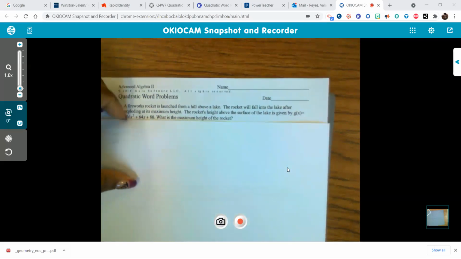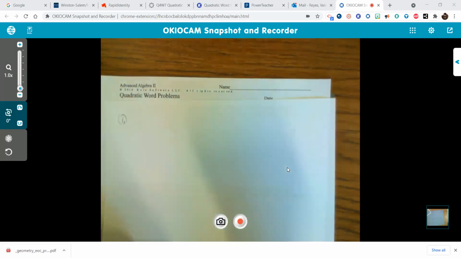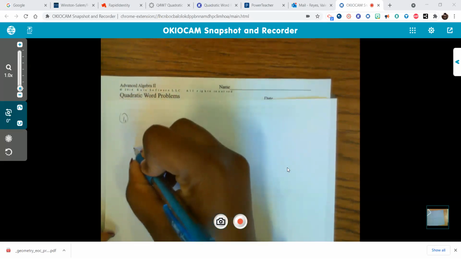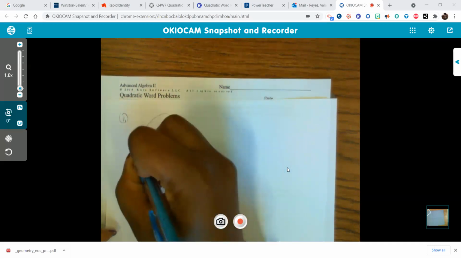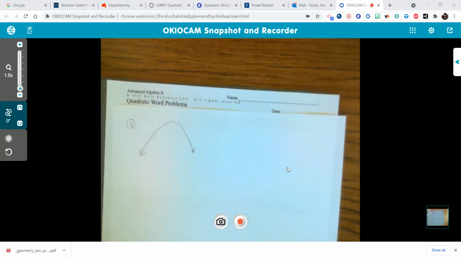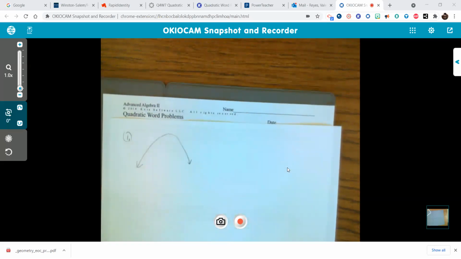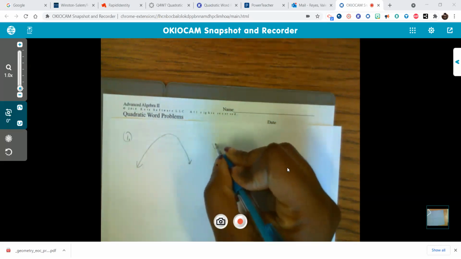First thing that we have to understand about a quadratic function is that most real-world quadratic functions are downward parabolas. And they're downward parabolas because in real life, what goes up must come down due to gravity, okay? So with a quadratic function,